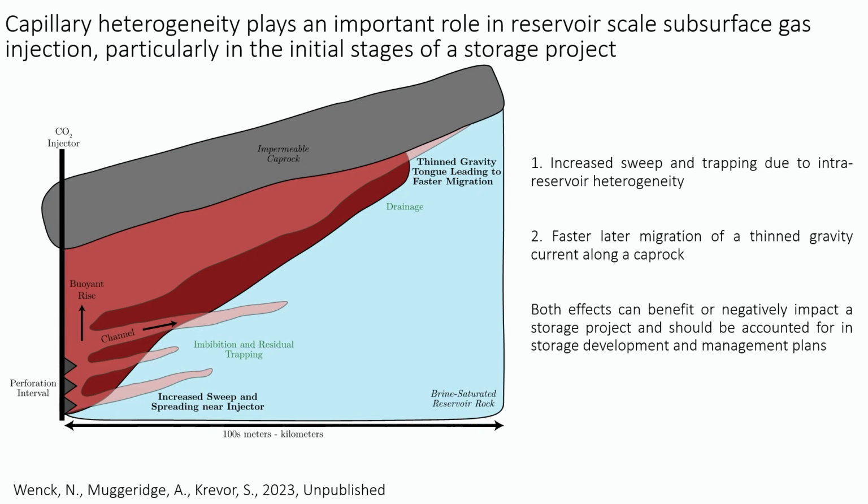So in the four-way dip closure, you would have essentially an opposite direction of the impact with hydrogen storage, but nonetheless, you do want to know things like how quickly will the hydrogen arrive at your management wells, how much of that hydrogen will be spread out throughout the system. Both of these impacts can be felt negatively or positively on projects if they're accounted for and incorporated into